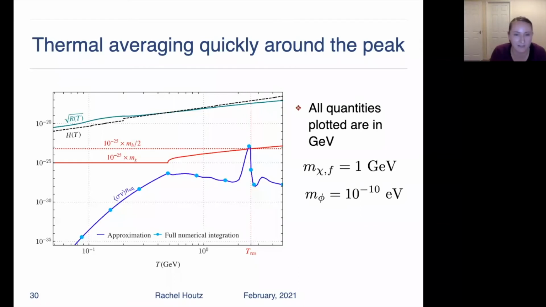And so now I think you've seen this plot before, but now I have enough information to tell you everything that's on the plot. So here, we show how various things change with temperature, and for this benchmark,